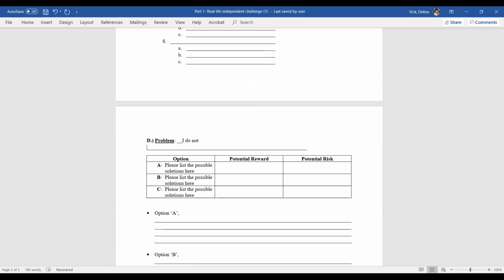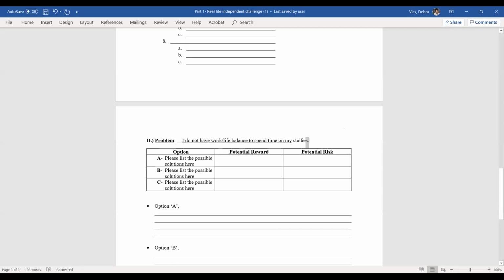I do not have work-life balance to spend time on my studies. So once you have that in here, you see we have to do a little bit of formatting because I took a template, but I didn't make it into like a PDF or fillable form. So now that you have this, you know what you're working on. So now that you have your problem,